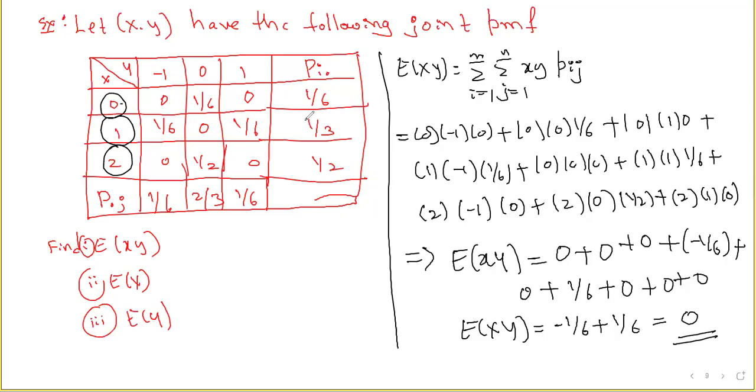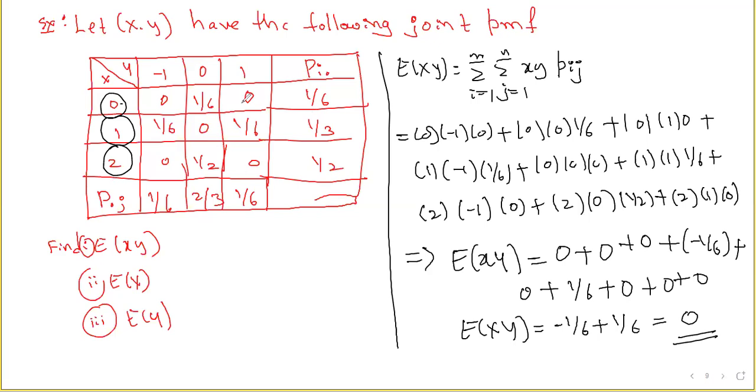Is it clear? The main application of marginal probability is to find out the individual expectation whenever your data is distributed two-dimensionally. It means that whenever your data involves two random variables, then at that time to find out